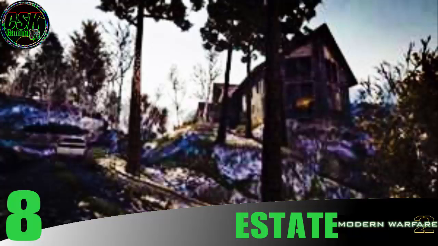Estate was a good vertical map. It's sort of similar to Instinct from Advanced Warfare in a way, because you've got one part of the map at the lower end of the mountain and one part at the higher end of the mountain with the houses and all that, the cabins. Honestly, I think it was a really well laid out map, unlike Instinct,